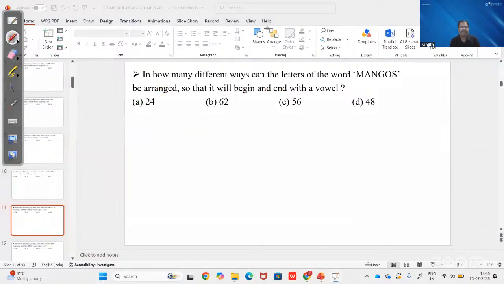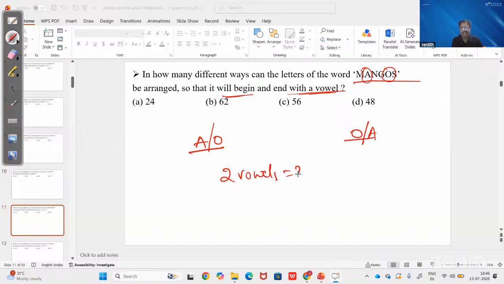In how many different ways can the letters of the word MANGOS be arranged so that it begins and ends with a vowel? How many vowels are in this word? A and O are the vowels. It may start with A and end with O, or else it may start with O and end with A. In that sense, the two vowels